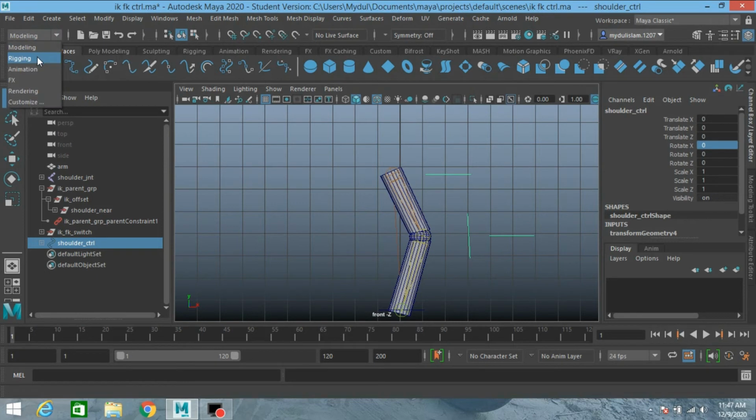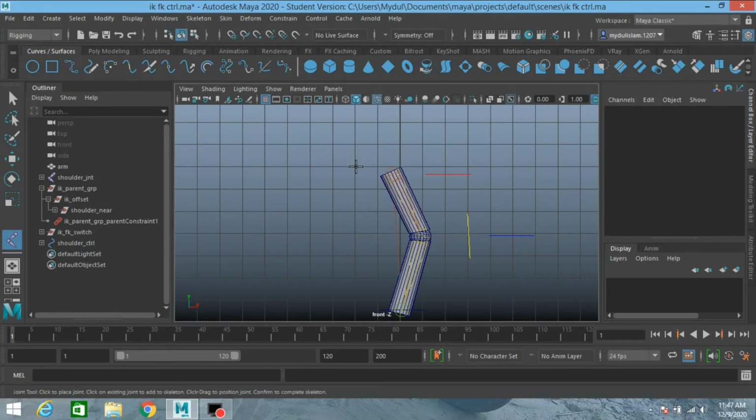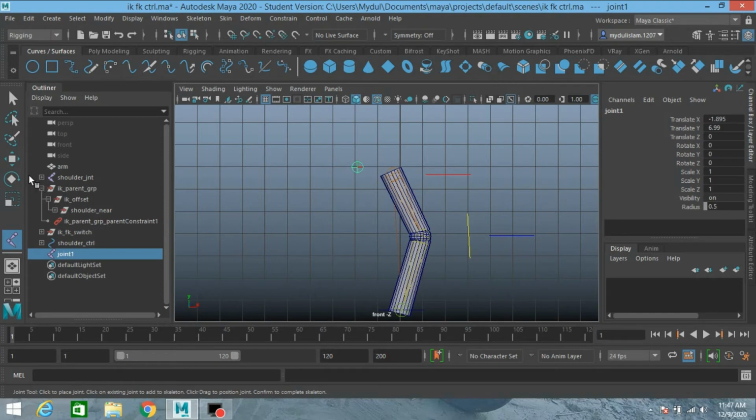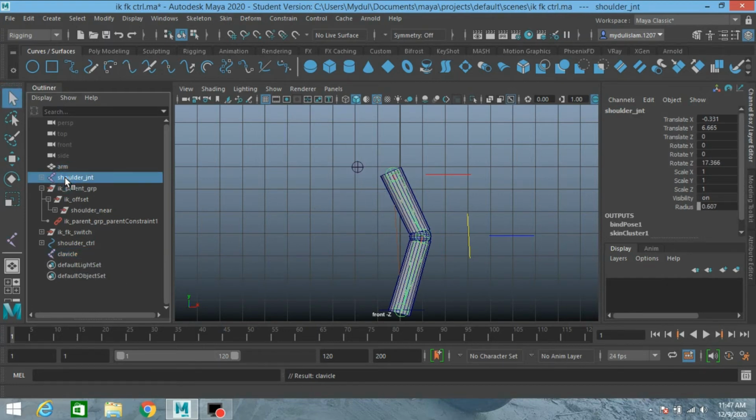Again change modeling menu to rigging menu. Skeleton, create joint. Create another joint here. And rename the joint as clavicle. Select the shoulder joint and shift select the clavicle joint.